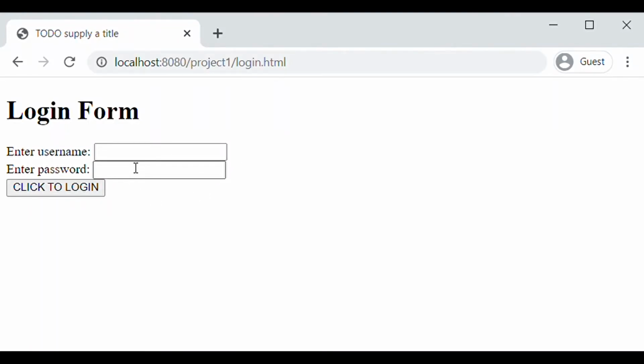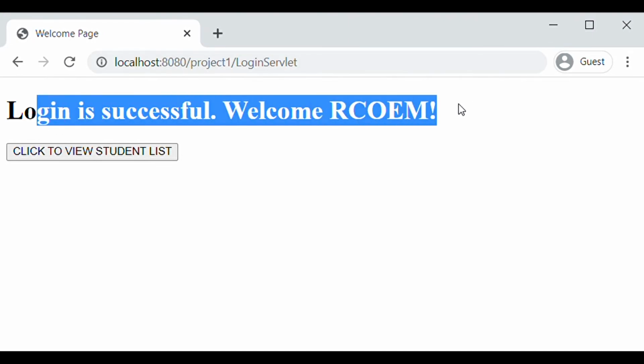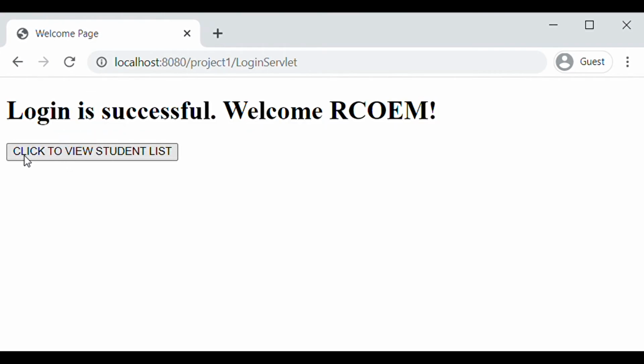This is the login form, and when we enter the correct username and password in the login form, which is RCOEM and R@123, and click on login, we come to the login servlet wherein we are displaying login is successful, welcome RCOEM. In the code for adding the form tag, we had written the form tag inside the if condition, wherein we are displaying this submit button to the user which says click to view student list.